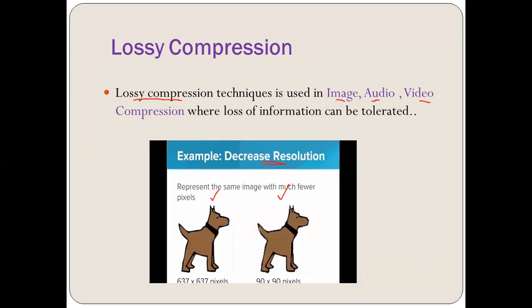If we are using lossless compression, then there will be no difference between these two images. It will give you the exact image and it will not give so much noise. One more thing: in lossless compression, the compression of the file is less, and in lossy compression, the file compression is much more compared to the lossless one, right?